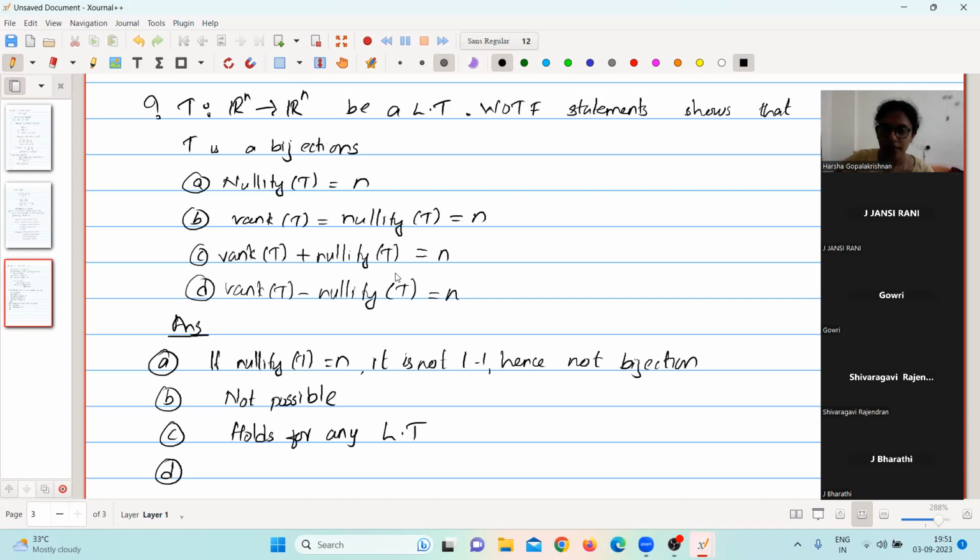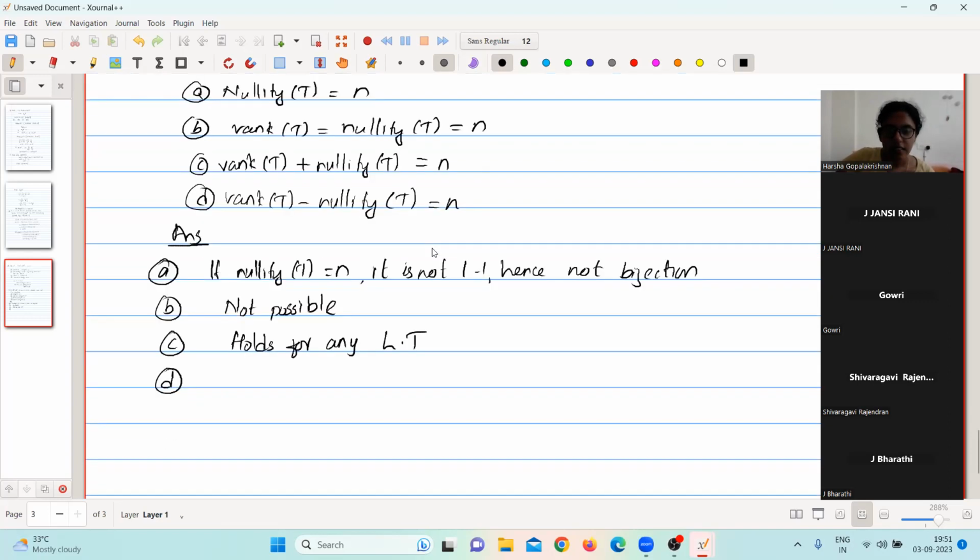We can add both, ma'am. Then we get 2 rank of T equals 2N. So 2 gets cancelled, so rank of T is N. Yes, correct. So what we can say is by rank nullity theorem,